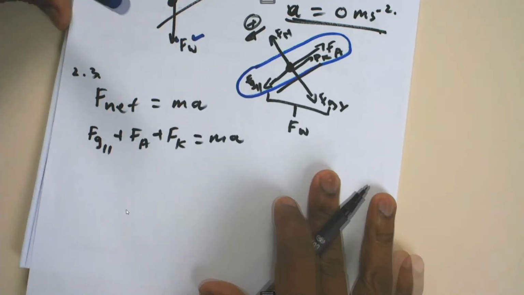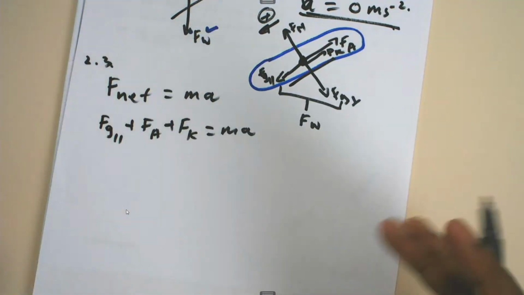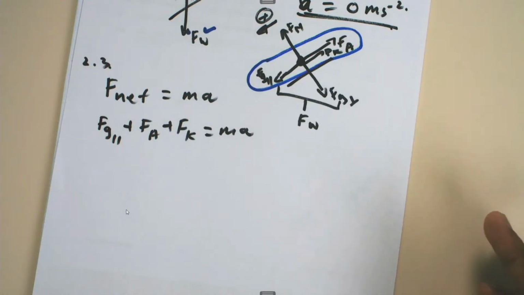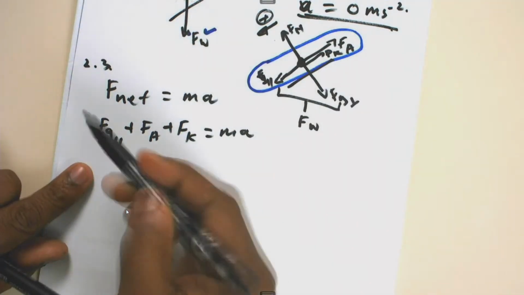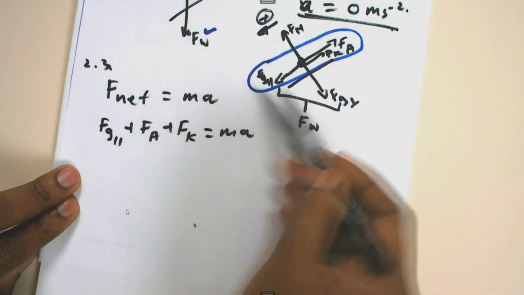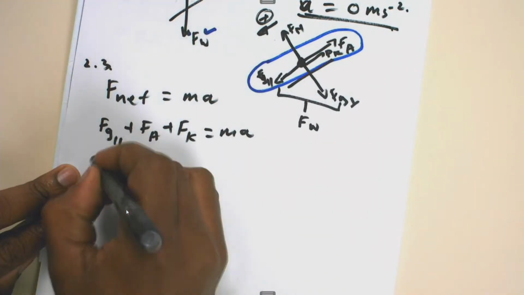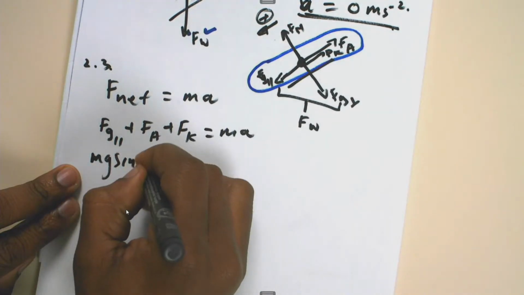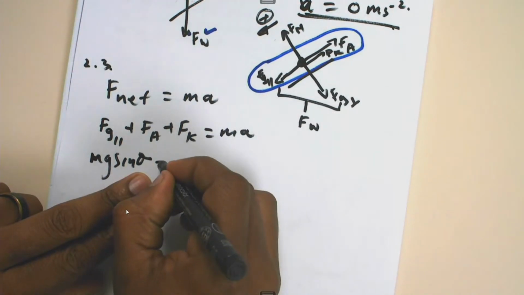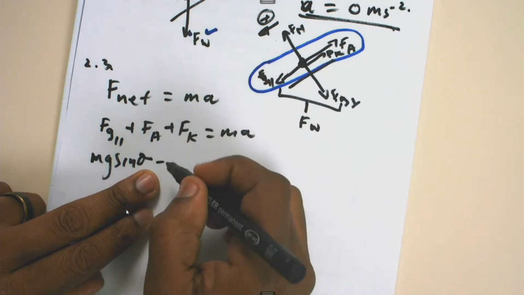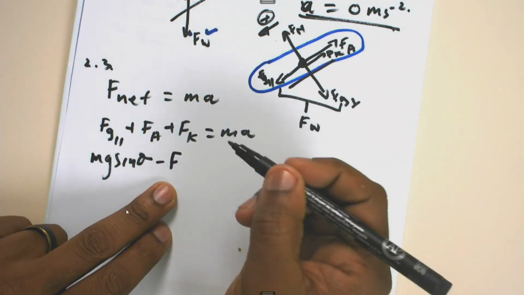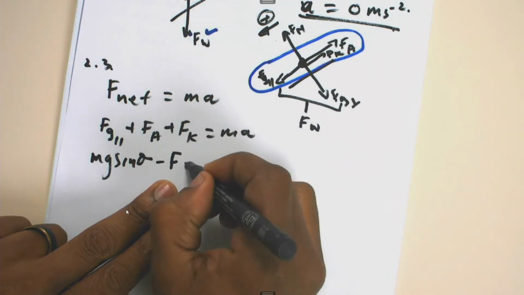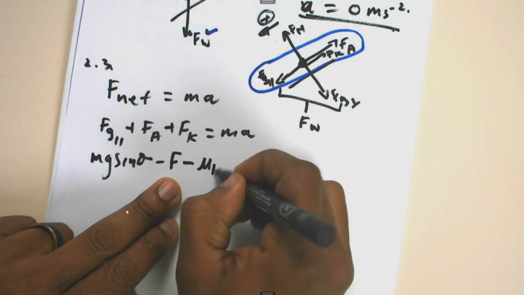And now remember, after doing this, it's then that I can substitute the values, and write in such a way that I now include the choice of direction. So doing that, I will say FG parallel is given as mg sine of theta, which will be positive, minus FA or F, and then as well as minus the friction, which will be mu k mg